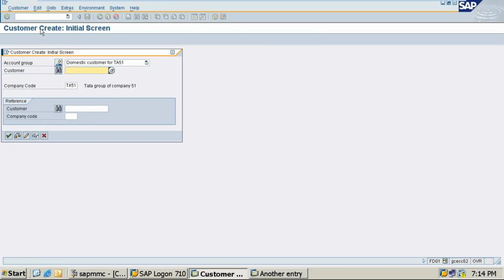Accounts group you see, and don't give any customer number. Just give the company code and press enter. Create a new customer. We will see that.